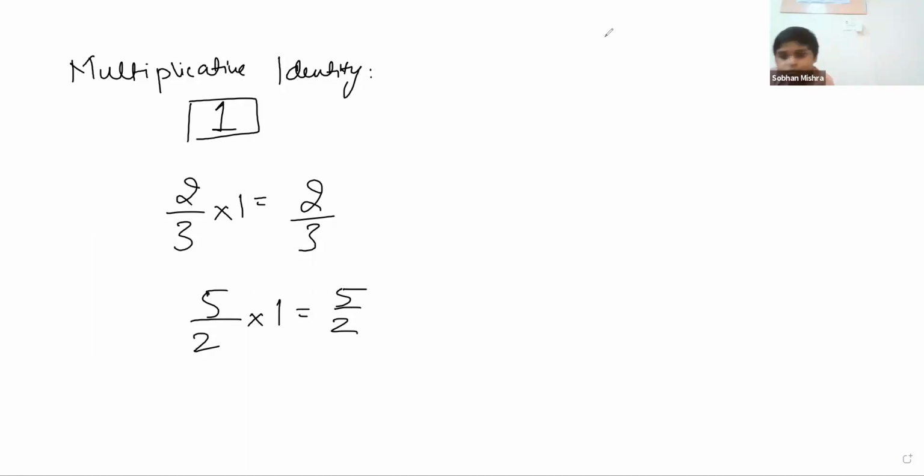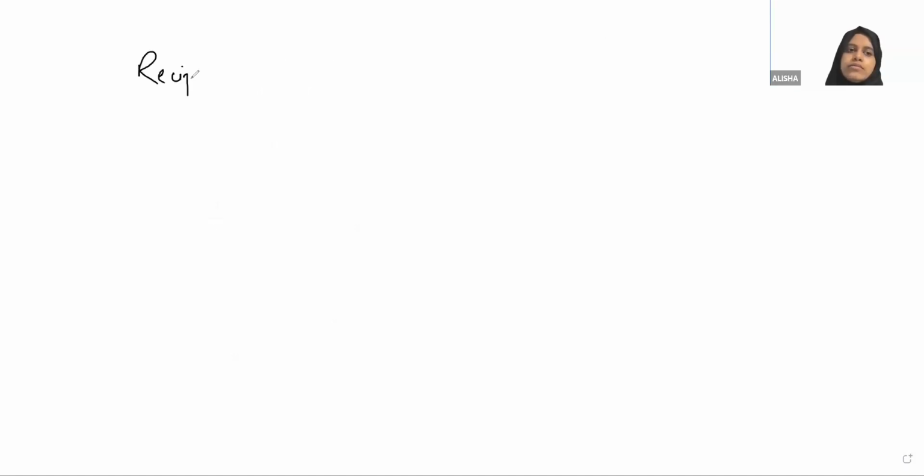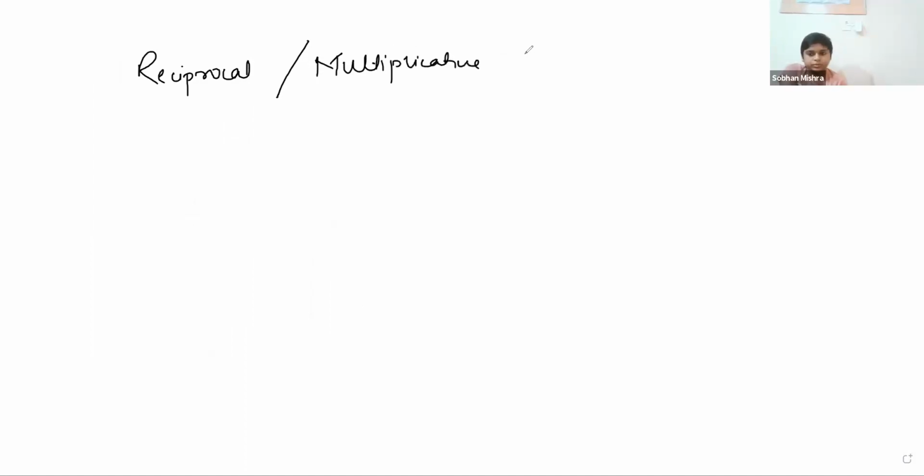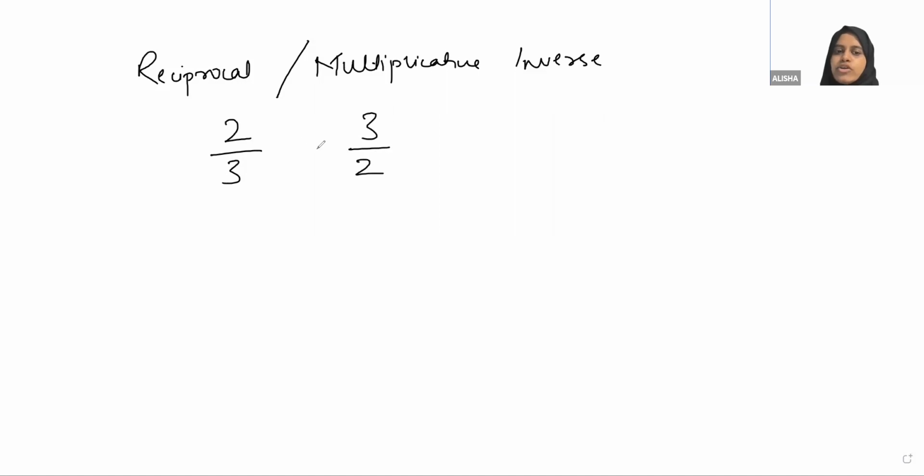Yes. Okay. Now we come to reciprocal, and another name for reciprocal is multiplicative inverse. If I gave you 2 by 3, what would be the reciprocal? 3 by 2. Why? Because if we multiply both of these numbers, what will we get? 1. Reciprocal is the number by which we multiply the original number so that we get 1. So 5 by 2,